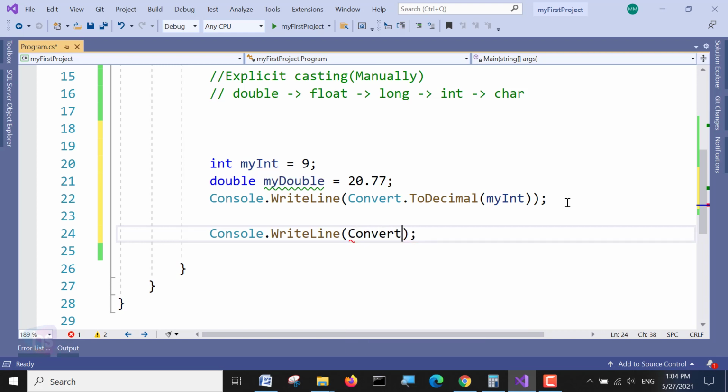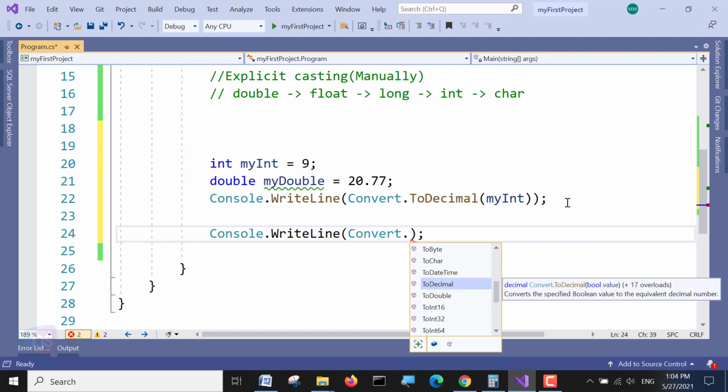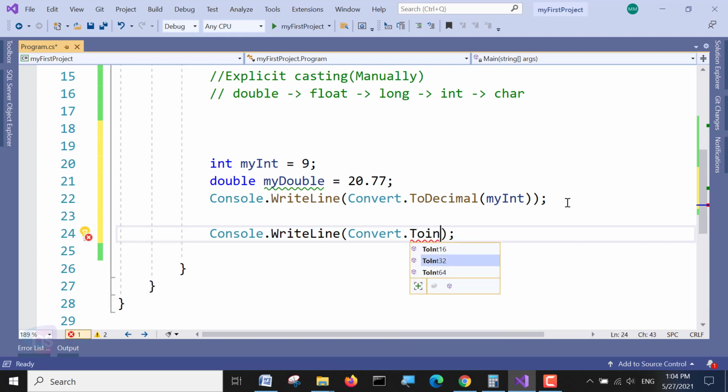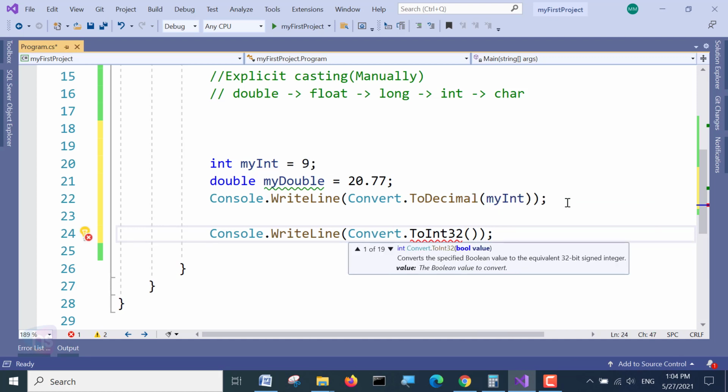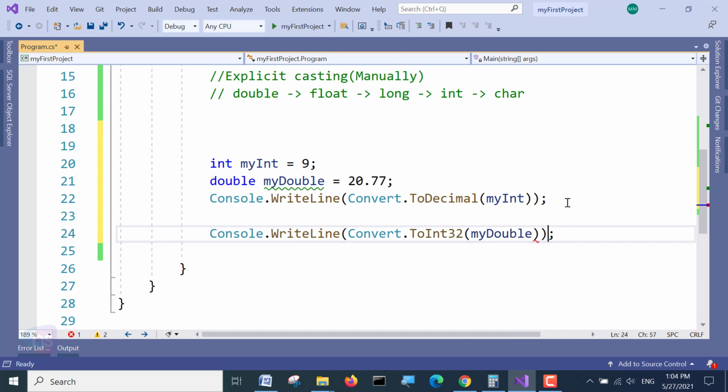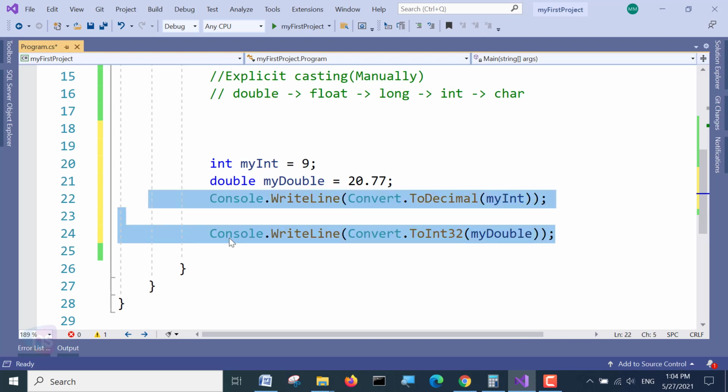I'll show you a simple example: Convert.ToInt32 of my double. There is no problem at all. You will get both as output. Very simply, we are explicitly converting using these methods.